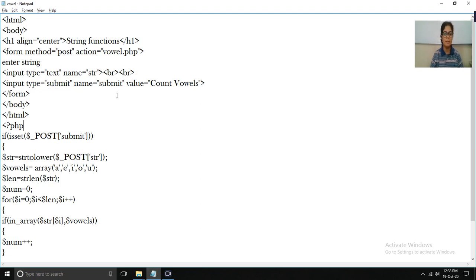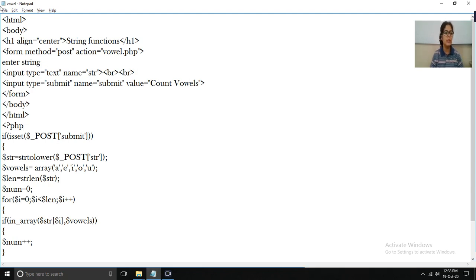Name is equal to submit, so this is the name that we have provided to the button, and value is equal to count vowels. So you have to provide two things, name and value. Again you have to write the value inside double quotes, then form tag close, body tag close, HTML tag close.